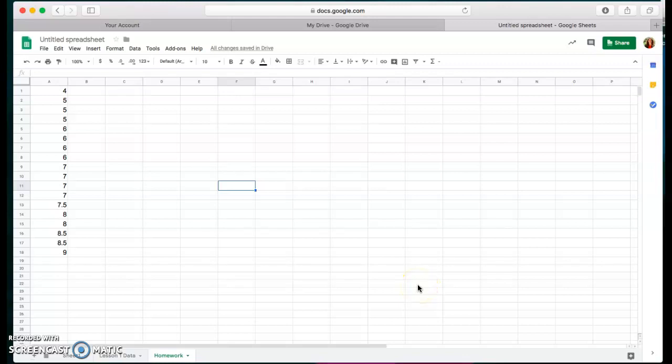Okay, so we're going to look at how to make a dot plot and a box plot using Google Sheets. I've already entered the data that I'm going to be using for my example. And then in the column next to the data, we're going to enter the frequency, which is what you need